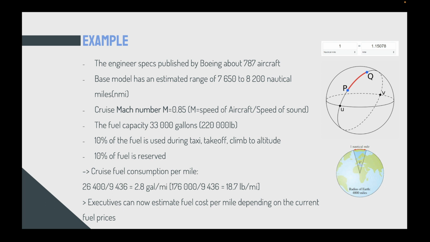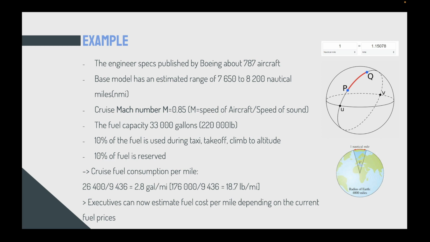The engineer looked for the specs published by Boeing about the 787 aircraft. Remember we said collecting data in the past? So he looked at the specs of that specific aircraft and he looked at the numbers or the ranges estimated for the base model of that vehicle. It was 7,650 to 8,200